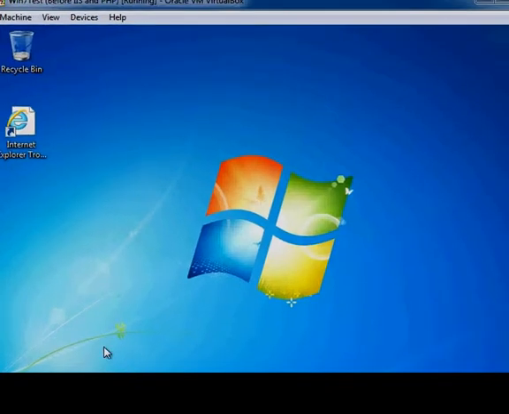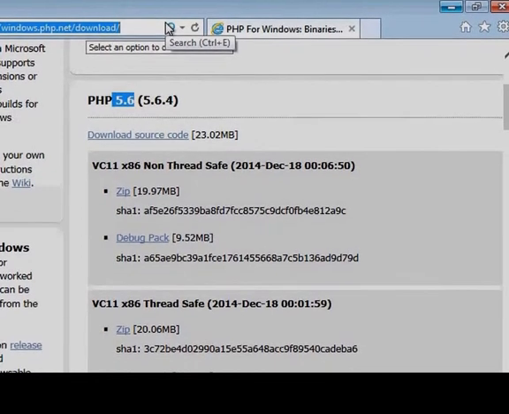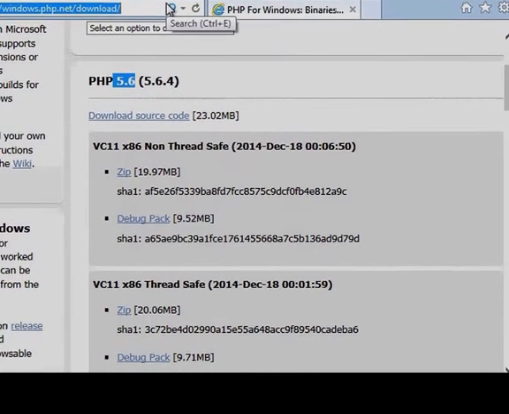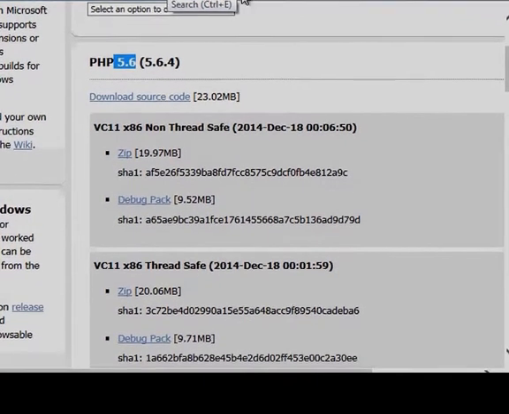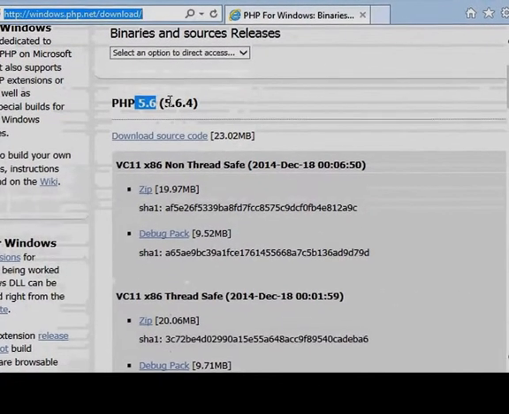So we're going to start by visiting a website which is windows.php.net/download, and if you forget this URL you can just get to this from the normal PHP website, php.net. Click the download tab, click the Windows link, and it will bring you to this page, or you can search for it. And if we look right at the top of here, we have the latest version of PHP,